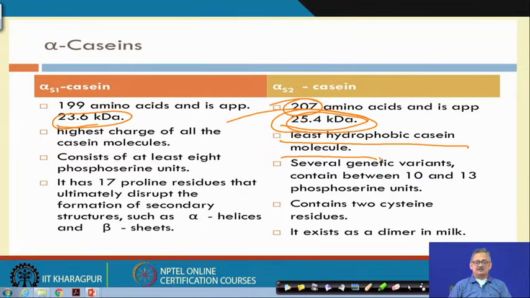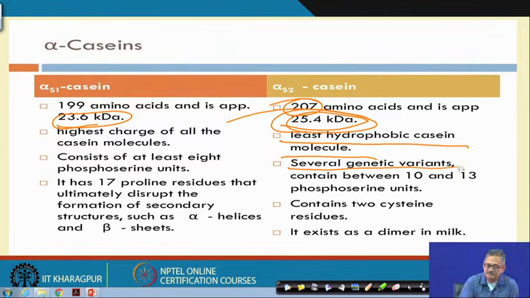It has the least hydrophobicity amongst all the forms of the proteins, that is alpha S1, alpha S2, beta and kappa casein, right,